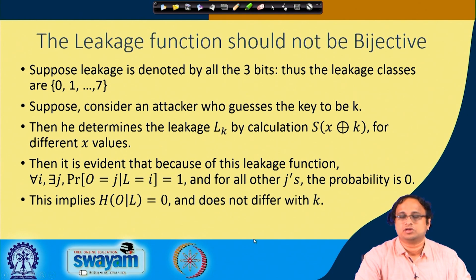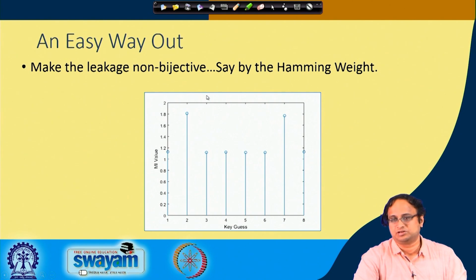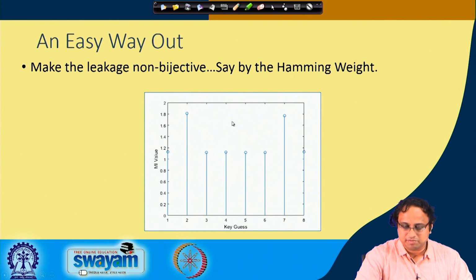Okay. So, therefore, it will not work. An easy way out, therefore, is to make the leakage non-bijective. Say, for example, let us make it the Hamming weight. You can also make it, say, the last 2 bits or the last 3 bits. Okay. So, in this case, if I make the leakage, for example, the Hamming weight, then this is